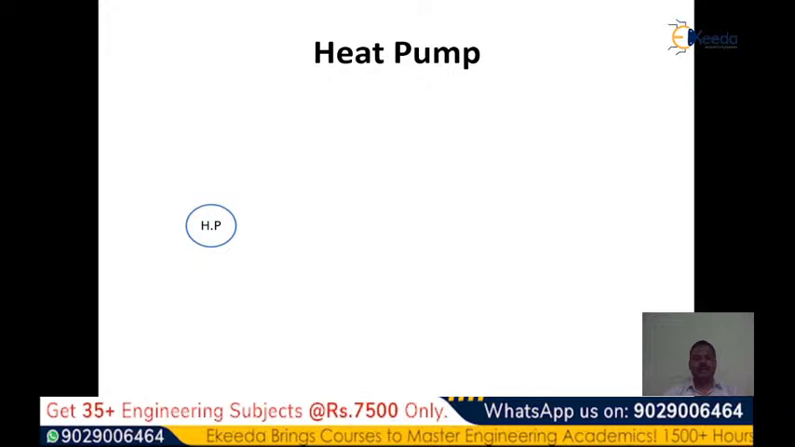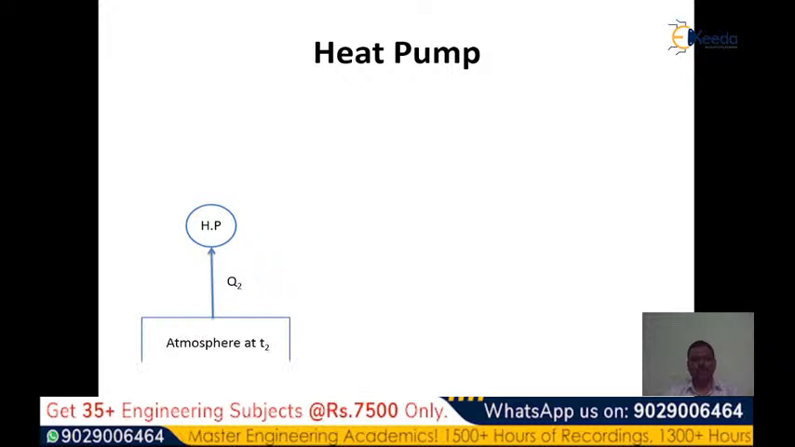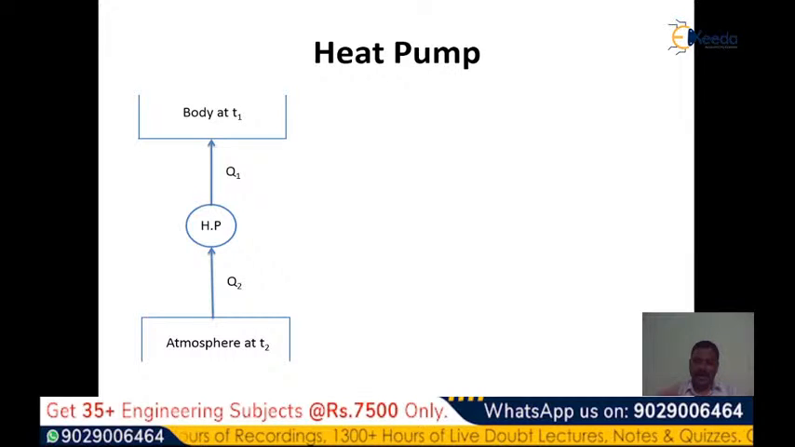See, this heat pump receives Q2 amount of heat from the atmosphere, and it continuously supplies heat to a body which is at a temperature T1, which is more than the temperature of the atmosphere, by receiving WC amount of work. Everything is the same, that is Q1, Q2, WC, all are the same as the refrigerator. Directions are also the same as the refrigerator, but